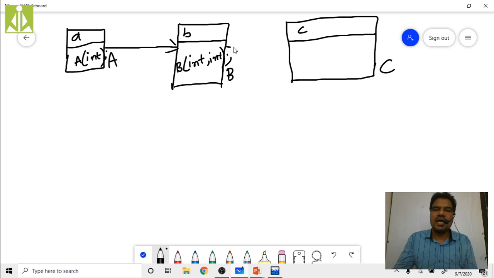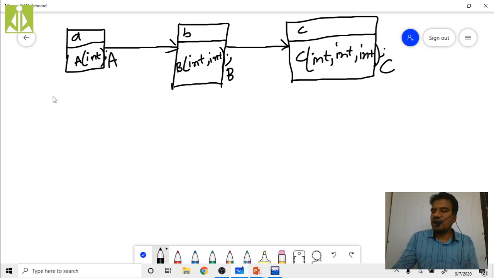Again, there is an inheritance relationship between A, B and C. So the C class constructor will take 3 parameters: one for C, one for B, and one for A. Because this C class is going to have not only B but also A's parameters. So the C class automatically will have A, B, C, 3 parameters. That's why I'm taking 3 parameters over here. So now I will write the coding.